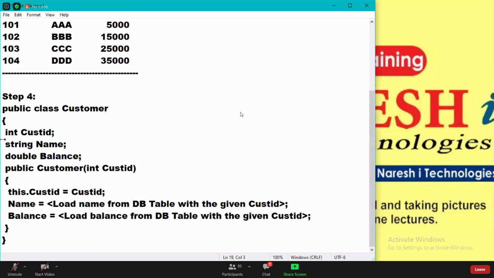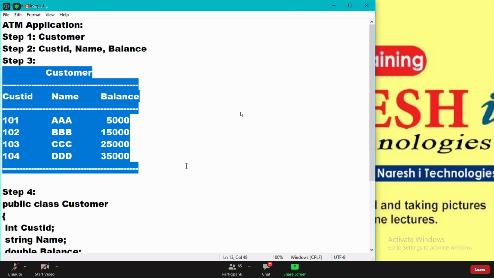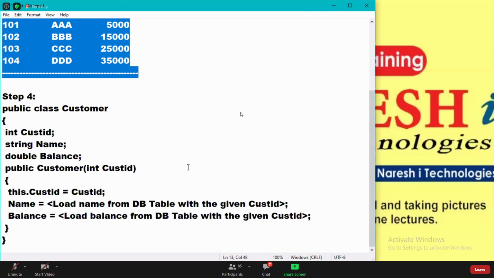So remember, the database will be present on a computer called the database server, and this application will be present on a computer called the application server. These are two different computers where we install the things. Both will not be sitting on one computer. On the application server, this class is installed. Different servers, different computers.